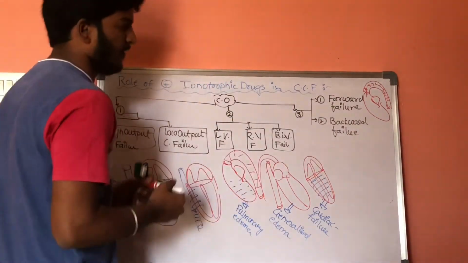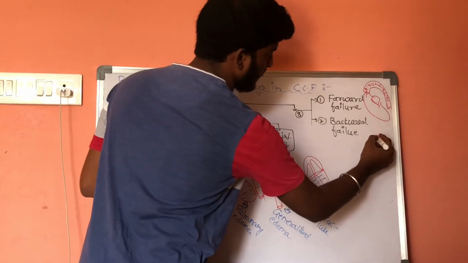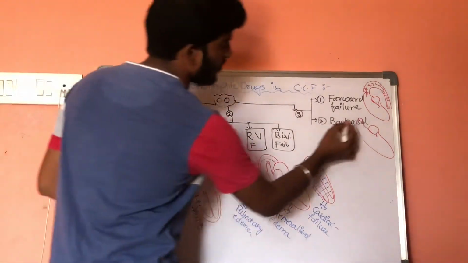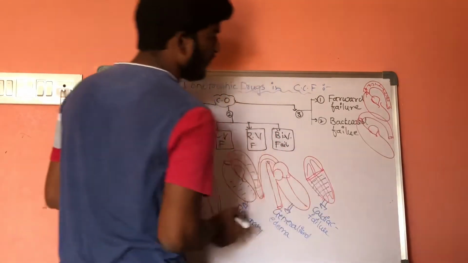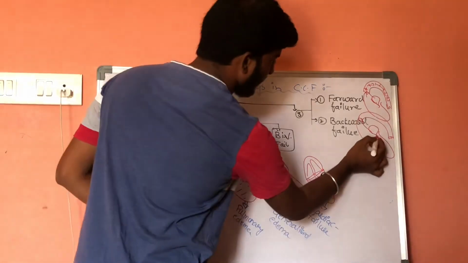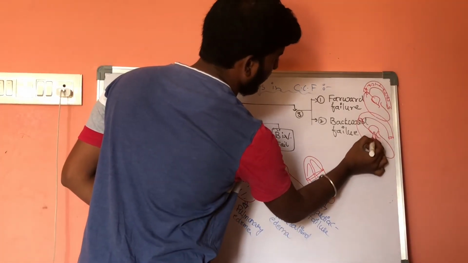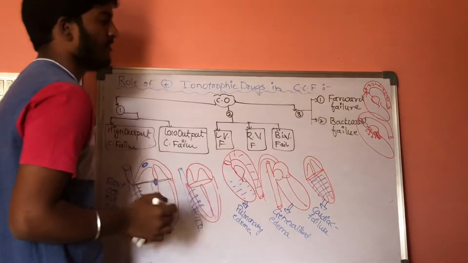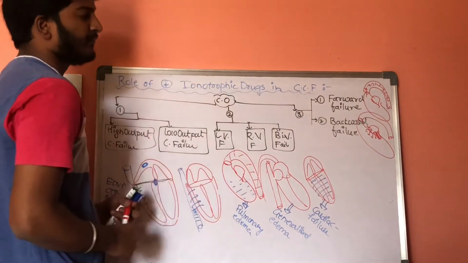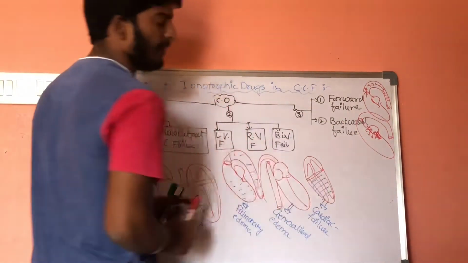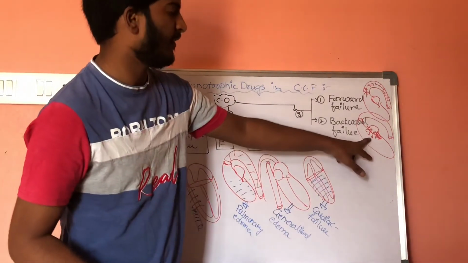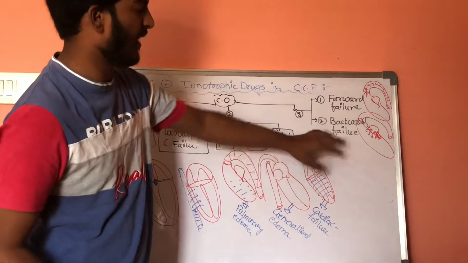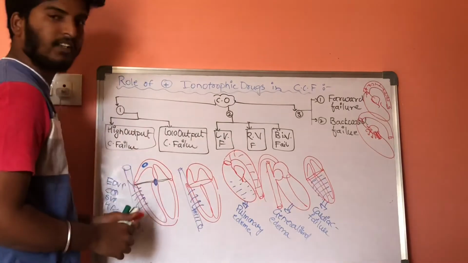And what does backward failure mean? Let us consider the same left ventricle, and whenever it is contracting, it should pass its blood towards the aorta. Now, this left ventricle will get blood from this atria. Here there will be abnormalities in the closing of the mitral valve and tricuspid valve. It results in backward failure, and this is the third class of classification.